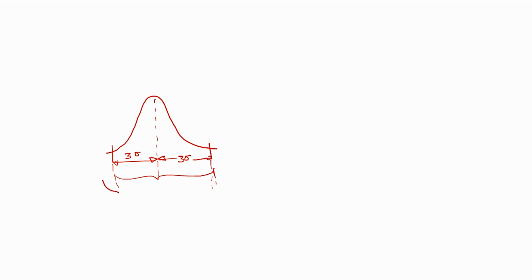If the design specifications are this much, then I can say more than 99.73% of parts are accepted. And if my design specifications are this much, then I can say very few parts are accepted compared to this tolerance and compared to this tolerance. So this particular process is not suitable to produce parts with this tolerance. This process is suitable to produce parts with this tolerance. Even with this tolerance also, this process is not suitable because it is cut-to-cut matching. The tolerance is matching with 6 sigma. The tolerance is equal to 6 sigma,